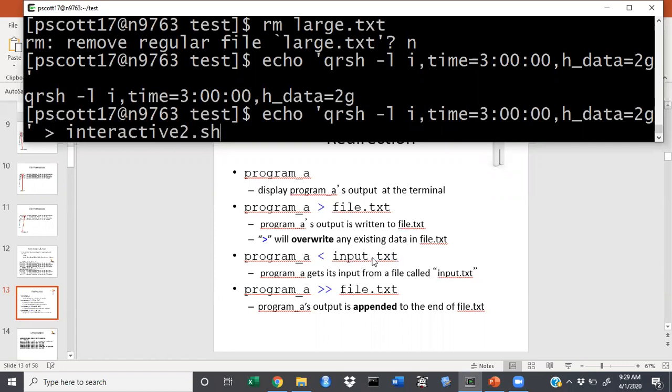contents of something and direct it into a program using the other arrow. So program A is going to get its input from a file called input. And lastly, we can use 2 carets, and this is going to append or concatenate the output of program A to this file. And so if I did this,